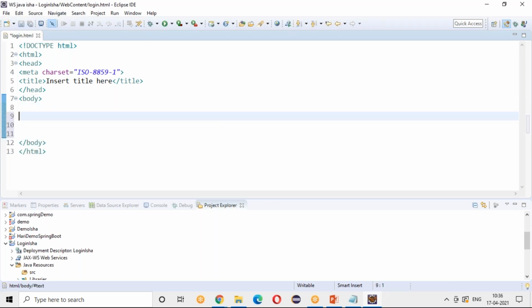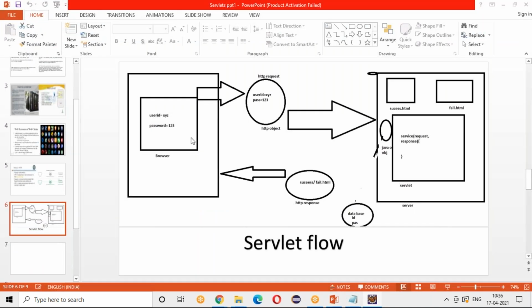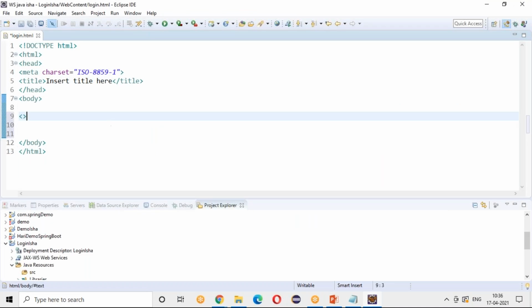As I told you, I want to write a screen like this, where I need a user ID, password, and a submit button. So I need two text boxes and one button to click on, which will send my request and take my user ID and password to the backend. For that, we have a predefined tag in HTML, input type equals text.